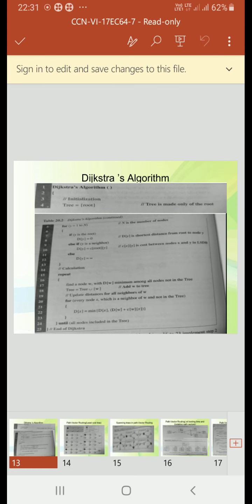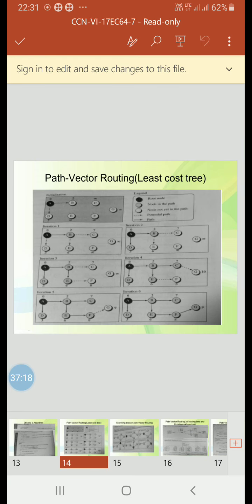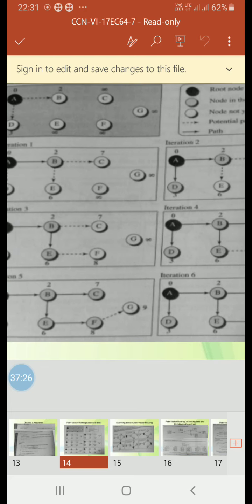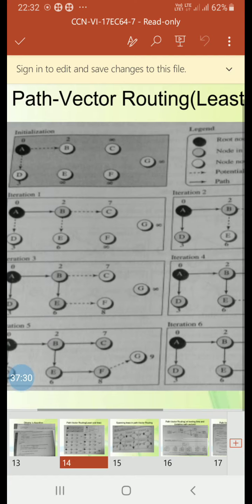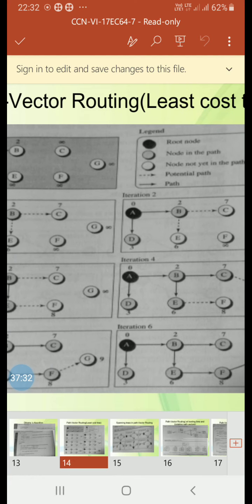So this figure shows the formation of the least cost tree for the graph of the previous figure, using Dijkstra's algorithm.